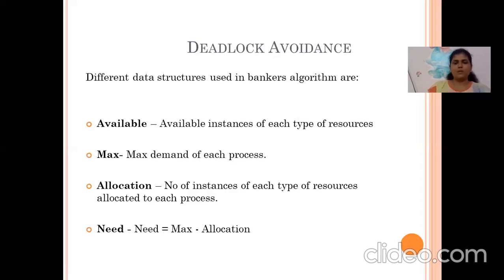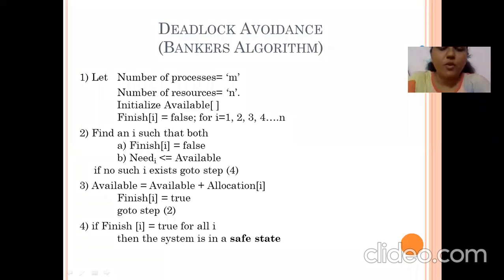Now, Banker's algorithm. We will see this Banker's algorithm two times. One before the example, one after the example. So it works in 4 steps. In the first step, we do all the initializations. That is the number of processes, number of resources, available matrix, and all the processes are yet to complete. To show that, we will do finish of I, that means all I processes are false, that means they have not finished their execution. So this way, we will do the initialization in step 1.